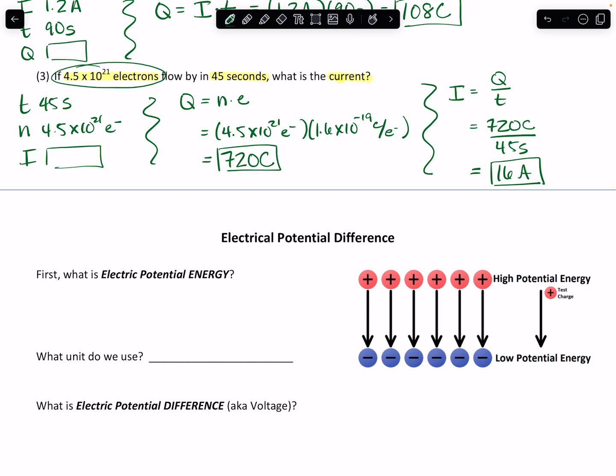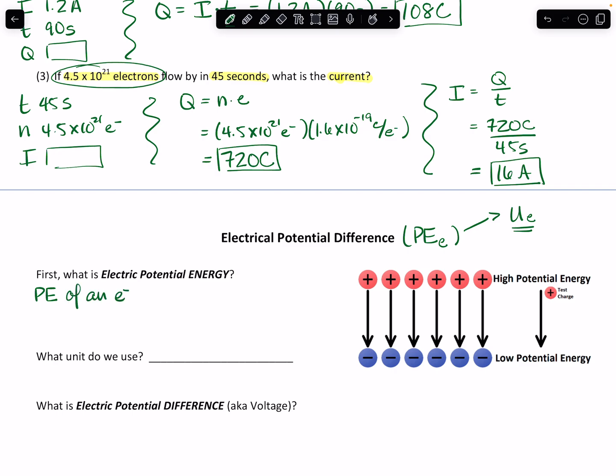But before we can get to the voltage, we need to talk about the energy of those electrons, which is our electrical potential energy. All right, now we're going to represent this in our formulas with PE with a little lowercase e to represent the electrical. Sometimes you might see it as UE in textbooks, but we're going to use PE. It's a lot of E's. All right, so let's talk about what it is first. All right, so it's the potential energy